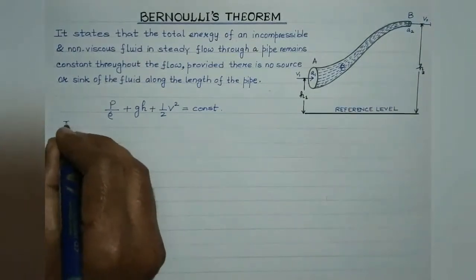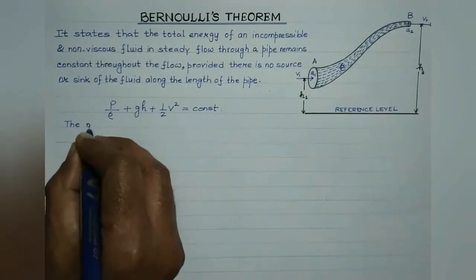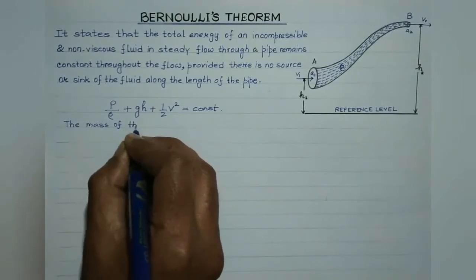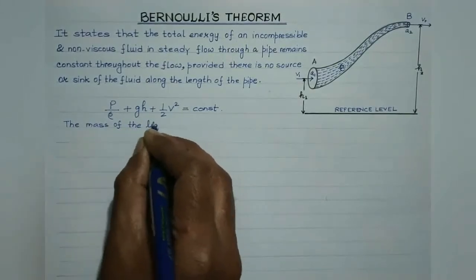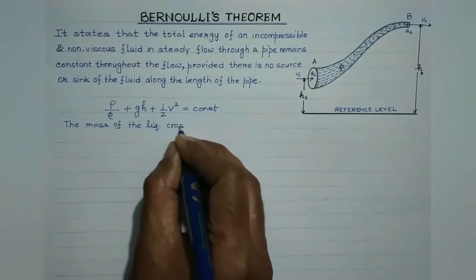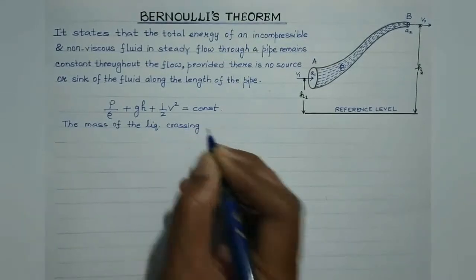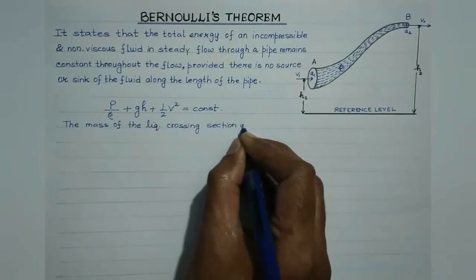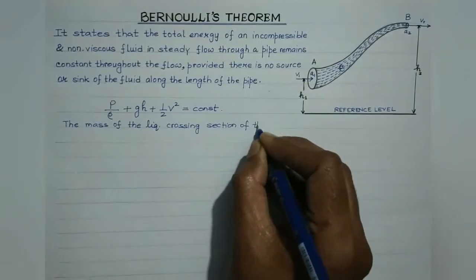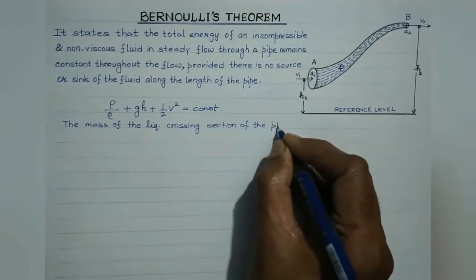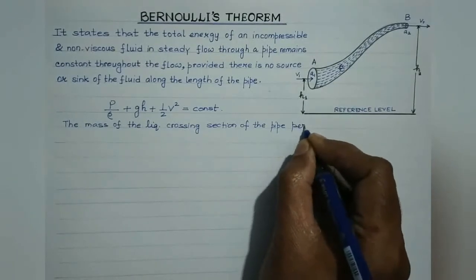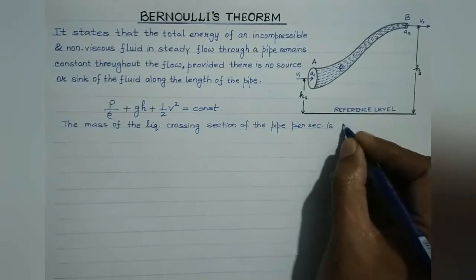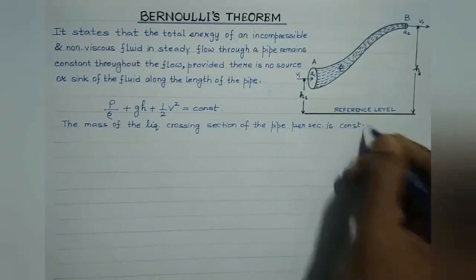That is, the mass of the liquid crossing any section of the pipe per second is constant and is given by